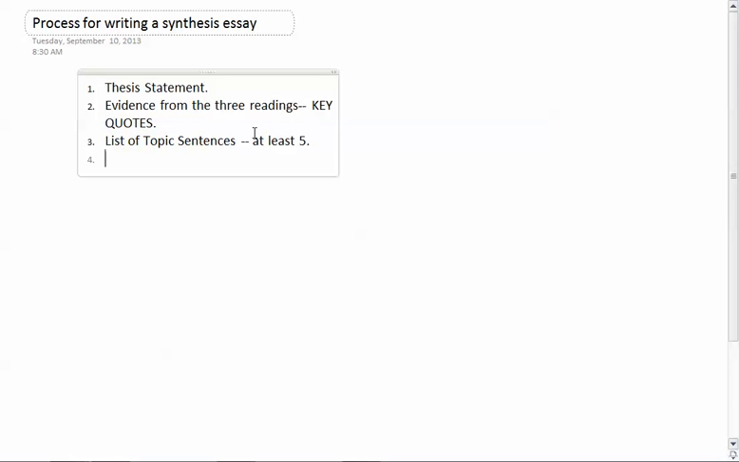Okay? Once you've done that, then you want to match your quotes to your topic sentences. This is the messy work of an essay, right? You've got your evidence, you've got your list of topic sentences. Now you're trying to figure out which quote goes best with which idea, right? And you're also thinking in this particular situation, which quote from Plato fits best with which quote from either Whitman or Nicholas, or